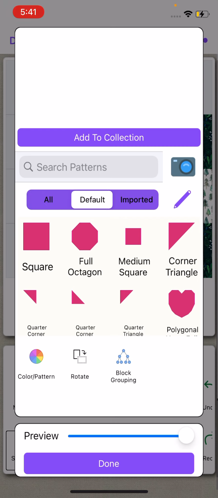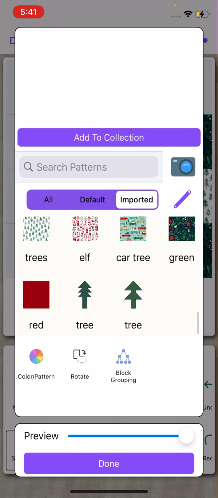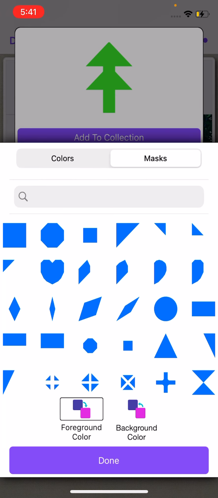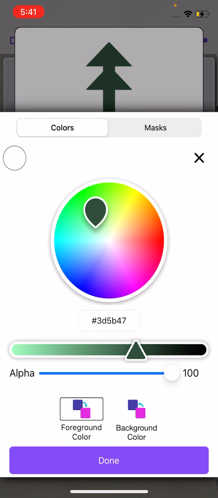So under Imported Blocks, I'm going to scroll all the way down and you can see the tree that I just made. And from here, I'm going to go into the color pattern wheel, and you can change the color or you can use a mask, and you can kind of see how that changes. I just want mine to be square, so I'm going to keep it as is. I'm going to go back to the color and I'm going to choose a dark green,